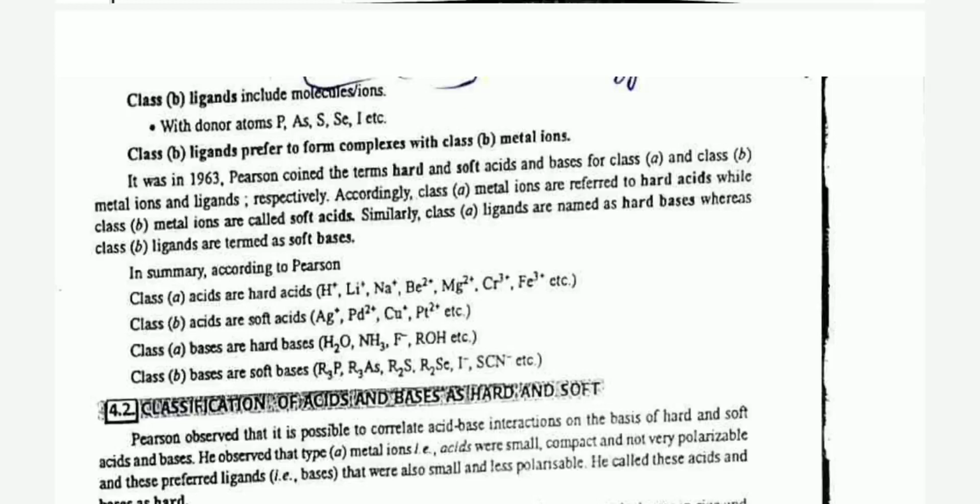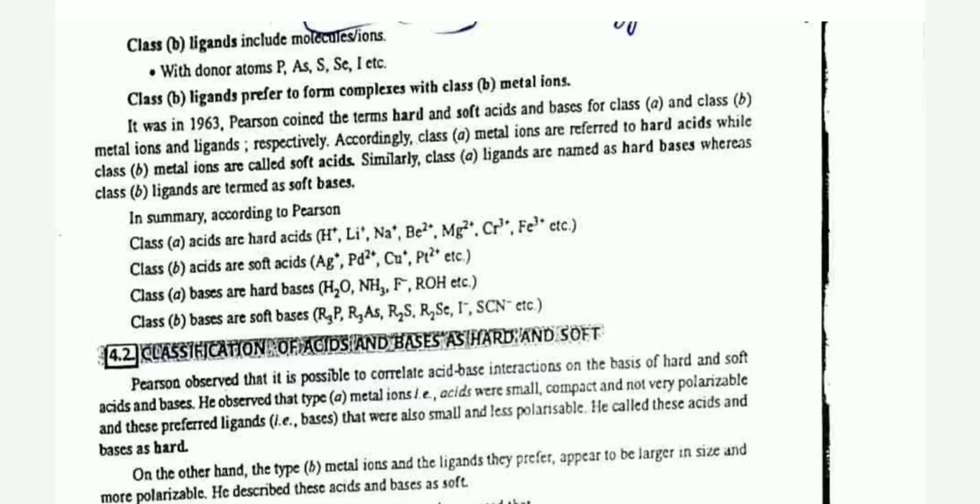It was in 1963 that Pearson coined the term hard and soft acids and bases for class A and class B metal ions and ligands, respectively. Accordingly, class A metal ions are referred to as hard acids while class B metal ions are called soft acids. Similarly, class A ligands are named as hard bases whereas class B ligands are termed as soft bases. In summary,